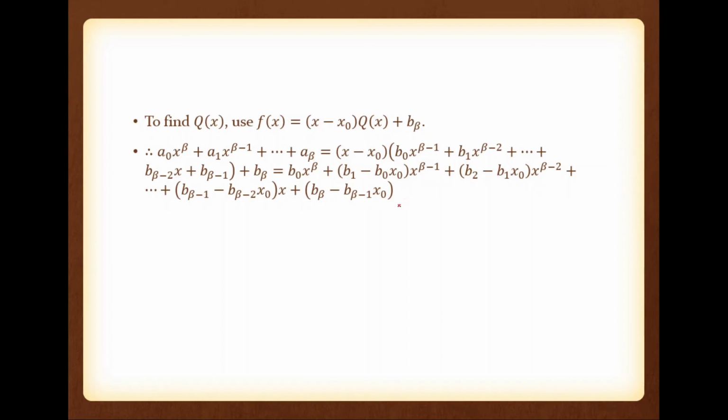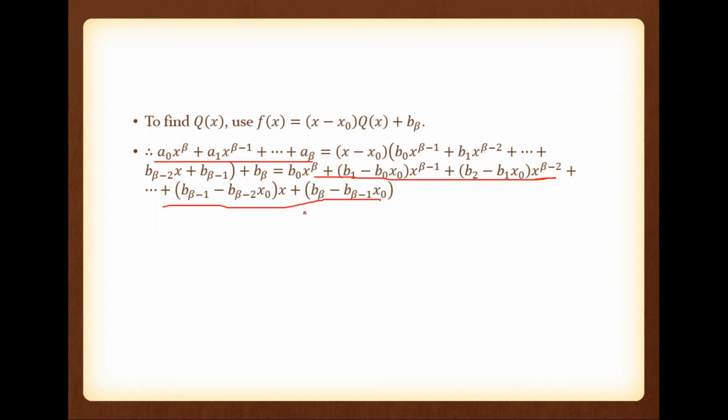Okay. So just go through this right hand side. Okay, so now compare the left hand side and right hand side. Compare this term and this term. So what you can see? You have x raised to beta here, here also x raised to beta. Like that way you can compare.